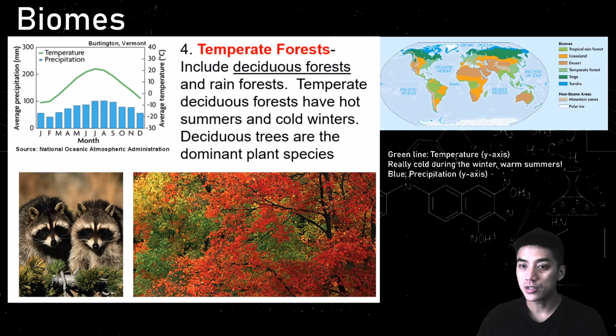The temperate forests include deciduous forests, which means that you have trees that lose their leaves and the leaves change colors during the winter months. And you can see by the climatogram how the temperature and precipitation looks. During the summer months, you get more rain and it becomes warmer, which is obvious. And then during the winter months, you get less precipitation, months like January, February, and March, and the temperature is